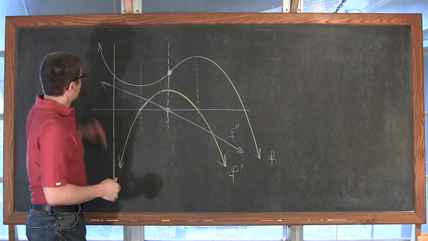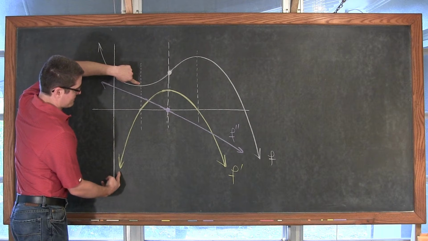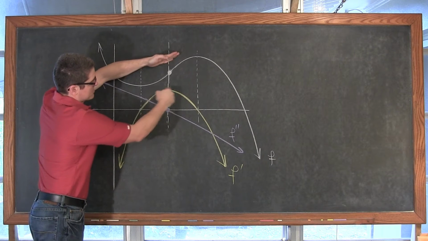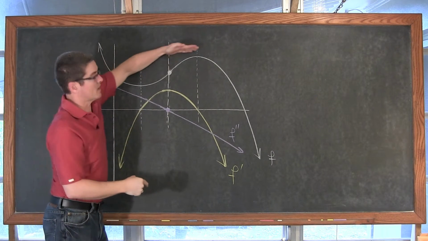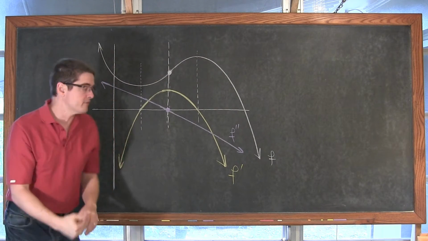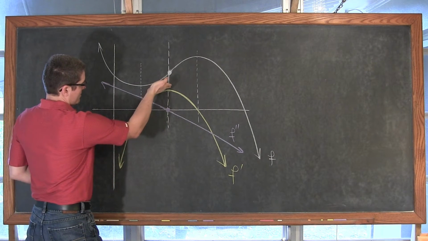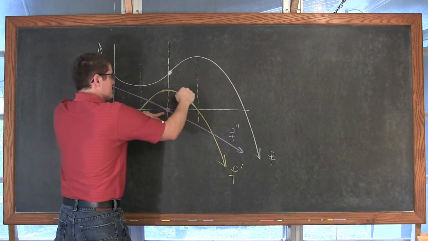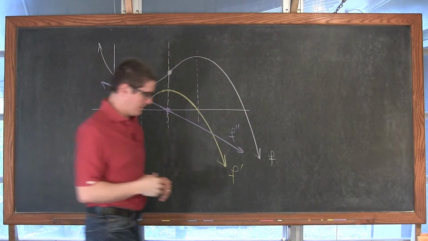So again, our original function is falling until we get to this point. So the first derivative slope represents that falling or that negative slope. We bottom out, we get a slope that is positive. So my first derivative is above the x-axis where my original function is rising. And then it starts to fall, so that first derivative starts to fall. Now getting into the second derivative, the first derivative has a positive slope until we get to here. So the second derivative is above the x-axis, and then the first derivative starts to fall with a negative slope, and thus the second derivative is below the x-axis.